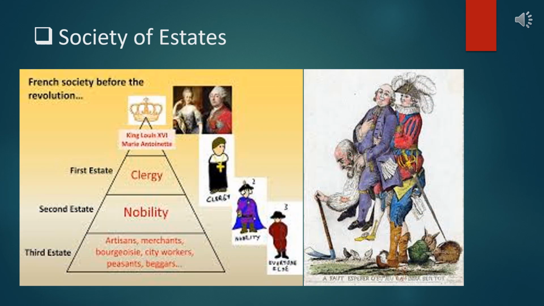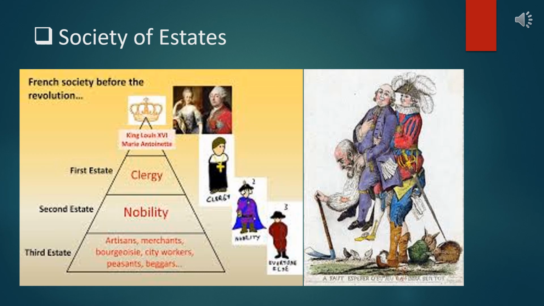Now the first point which we discussed earlier was related to King Louis and the economic causes of French Revolution. Now the second point was the Society of Estates. This point is somewhat related to the social causes of French Revolution. See students, the society of France and its institutions, popularly known as the Old Regime before 1789, was divided into three estates.